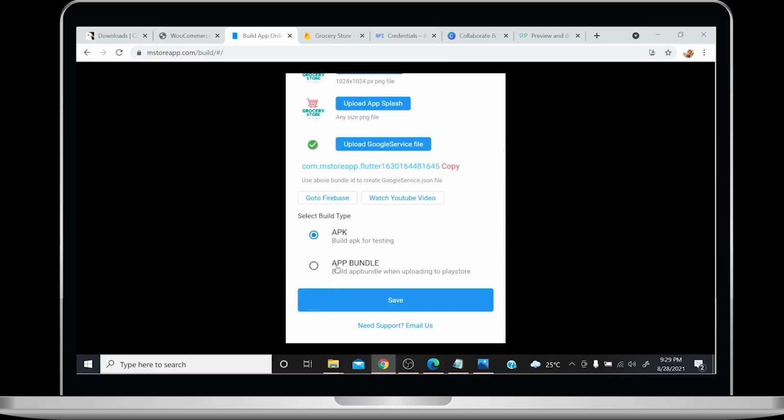If you are planning to upload this app to Google Play Store, simply choose App Bundle. But I am not going to upload it on Google Play Store. That's why I am creating APK file. Click on Save, then click on Build. This will take a while. And now click on Download.